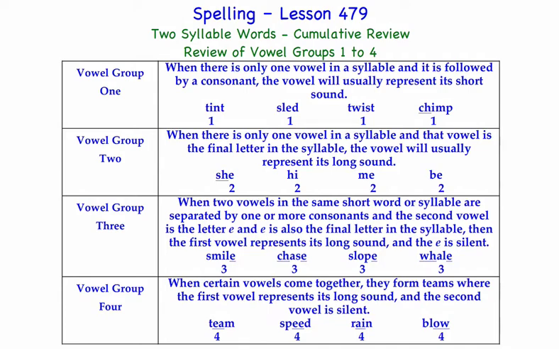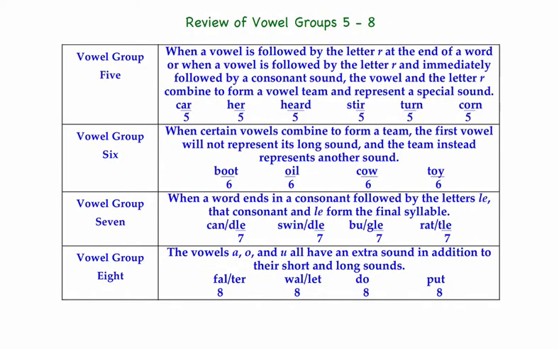Vowel group 5 is the situation where a vowel is followed by the letter R. The vowel and the letter R join together and form a team and represent a sound that is neither long nor short. Vowel group 6 is when 2 vowels join together and form a team, and the first vowel does not represent its long sound. Vowel group 7 is when you have LE at the end of the word, preceded by a